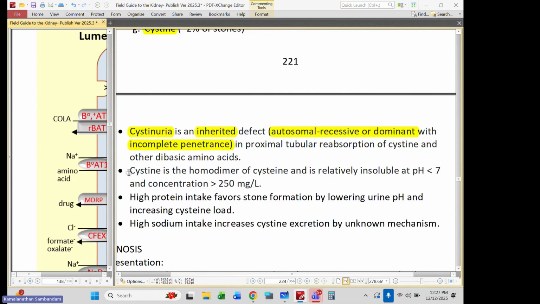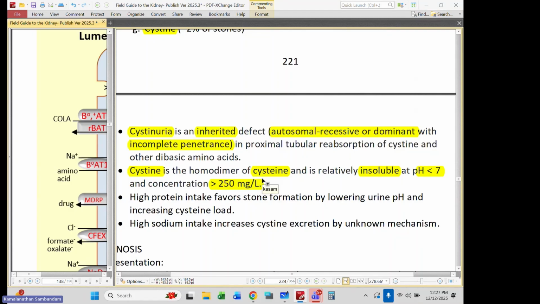And again, the problem results when cysteine dimerizes with itself, okay, and that forms an insoluble salt. The presence of an acidic urine makes it further insoluble, okay, and there's obviously a concentration dependence on this salt